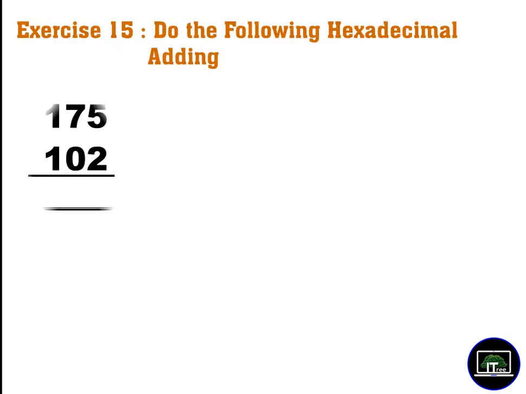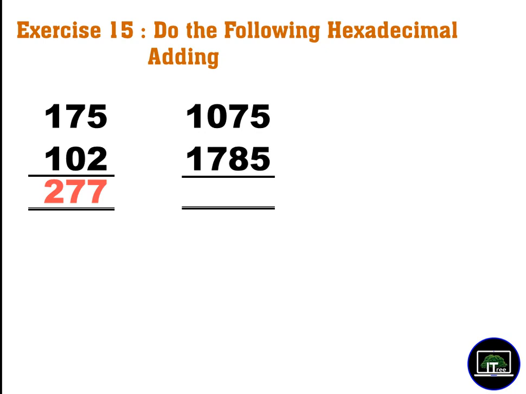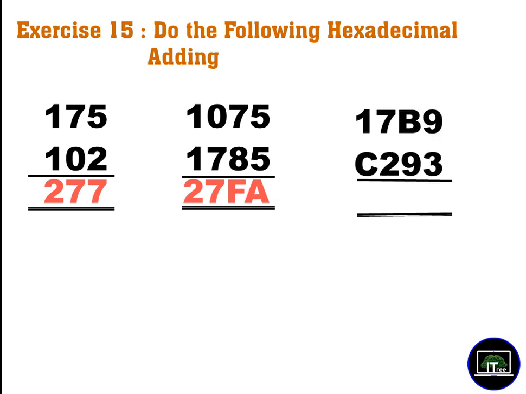Now we can do these additions using hexadecimal. 5 plus 2, 7. 7 plus 0, 7. 1 plus 1, 2. We add these things together. 5 plus 5, 10. How to write 10? 10 means capital A. 7 plus 8, it is 15. 0 plus 7. We do this one now. 9 plus 3, it's 12. 12 means,